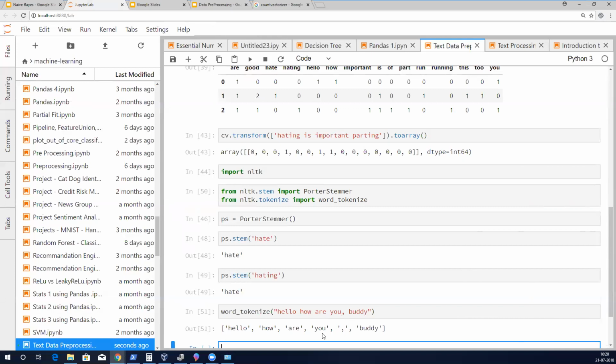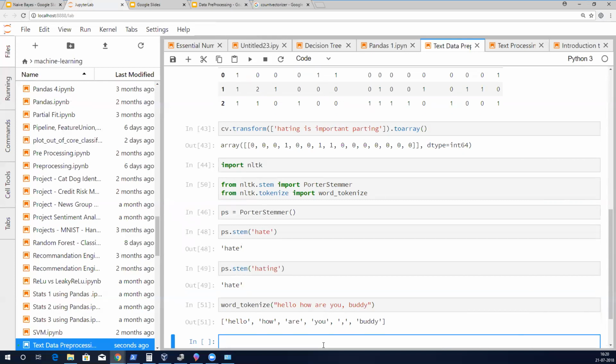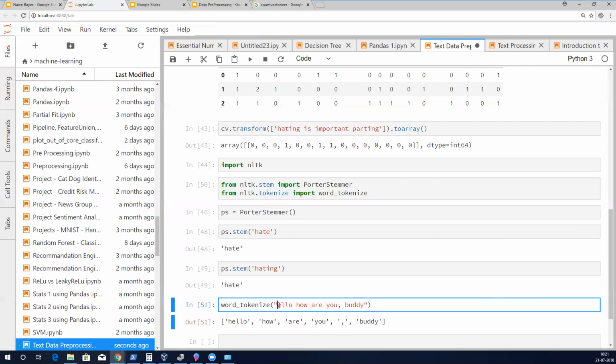I'll do it now using pandas. One is a capital letter, one is a small letter. Are they divided into two columns, or the same column? No, it's the same column, because that is what CountVectorizer is taking care of. You don't have to bother. Let's say instead of hello, I add one more HELLO.